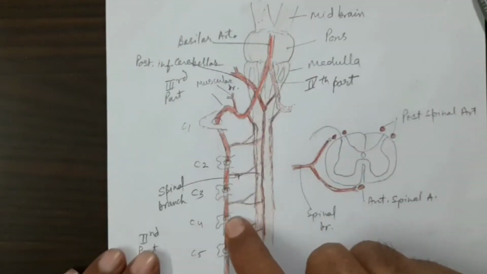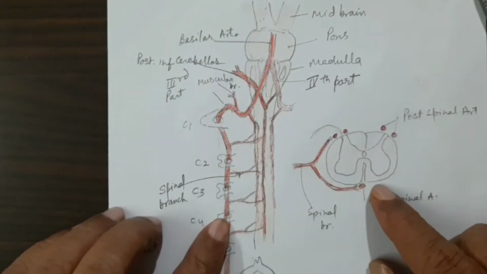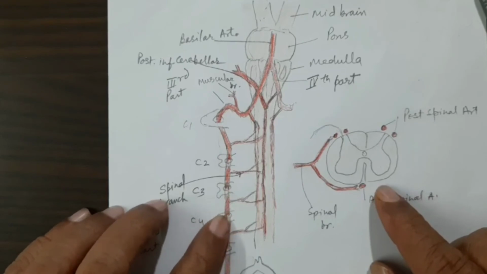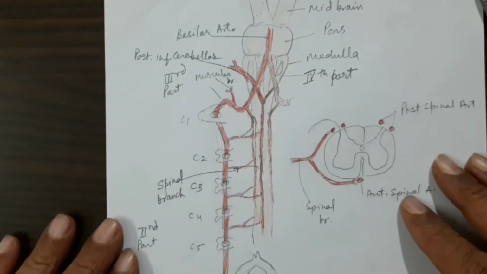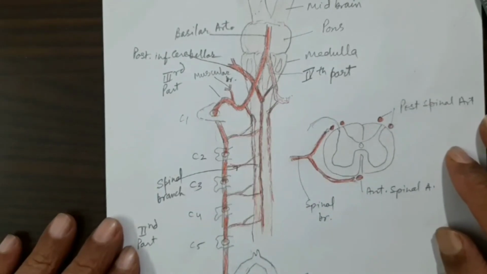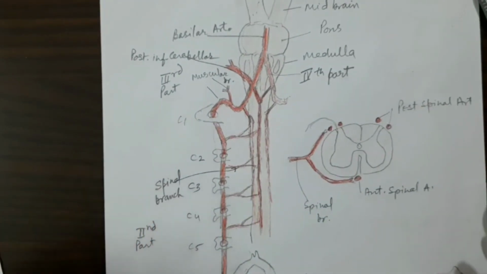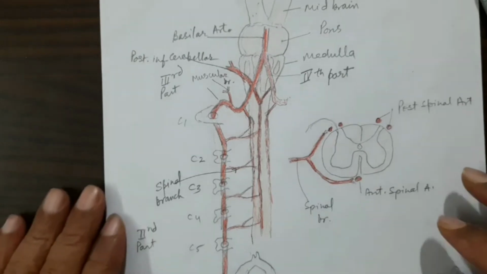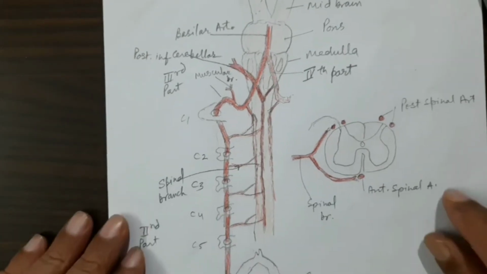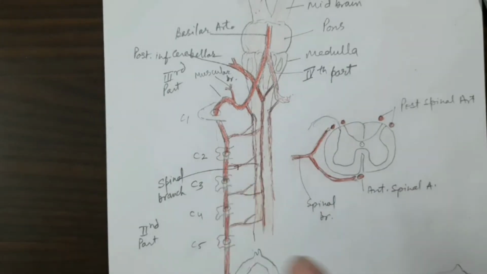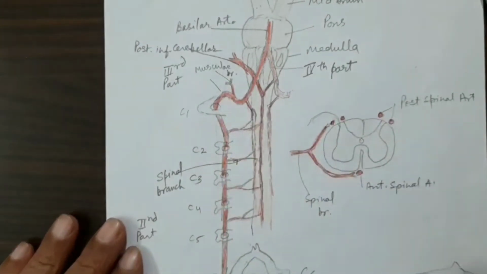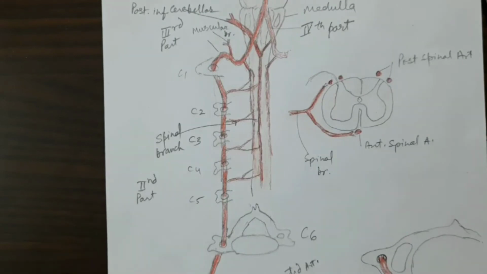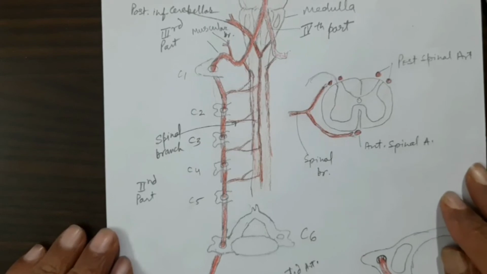So close to the foramina transversarium, the foramina become narrow because of the excessive deposition of bone in the margin of the foramina, and these are called osteophytes. These osteophytes will press on the vertebral artery. So the flow of blood through the vertebral artery will become sluggish or slow, and sometimes this will result in less supply of blood to the brain, mostly the brain stem,